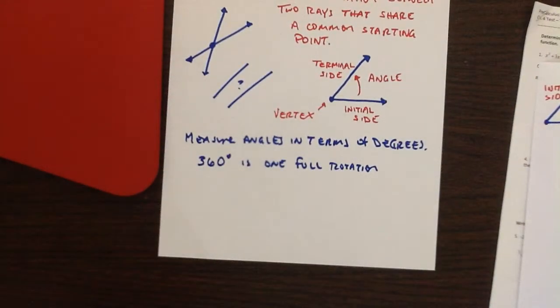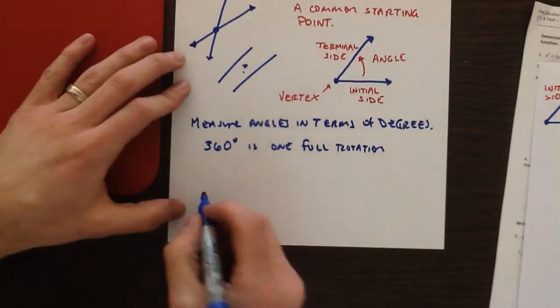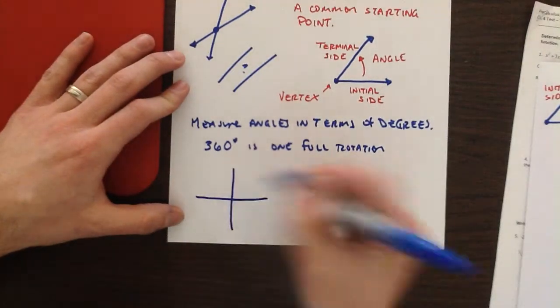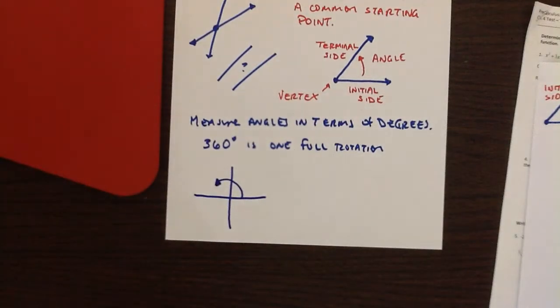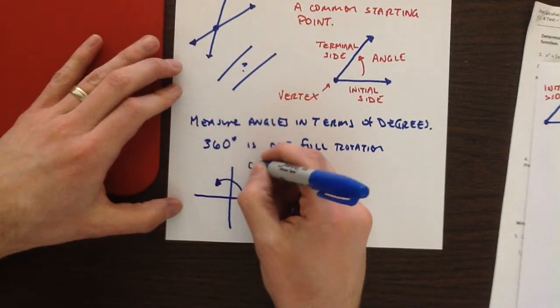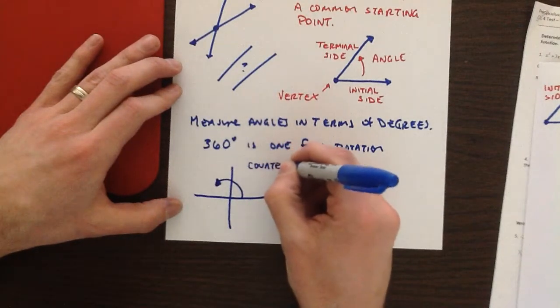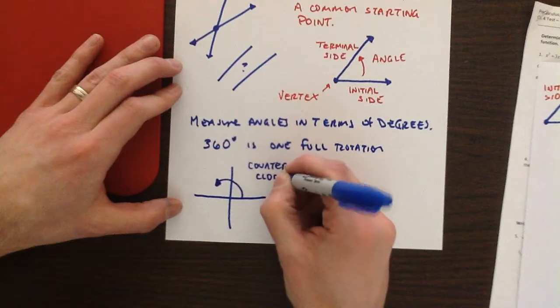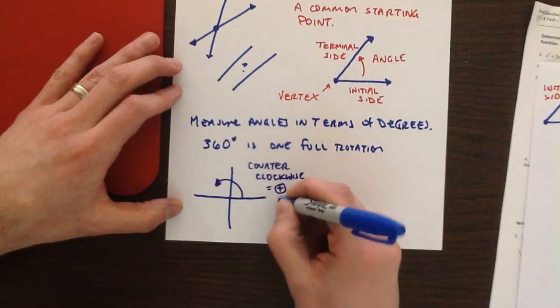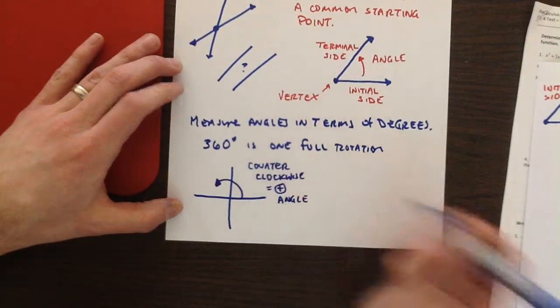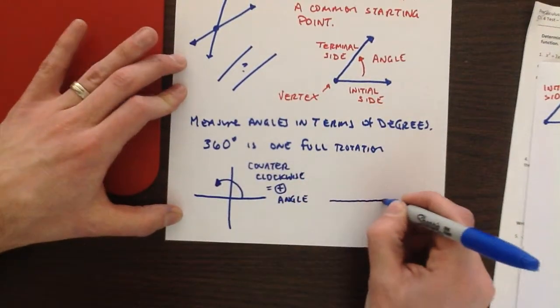It's all about the rotation. If we go on a number line, we can go in one direction. If we go the opposite way in a number line, we have negative numbers. So what we have here, if we have counterclockwise rotation, counterclockwise rotation is a positive angle. Whereas if we have a clockwise rotation,